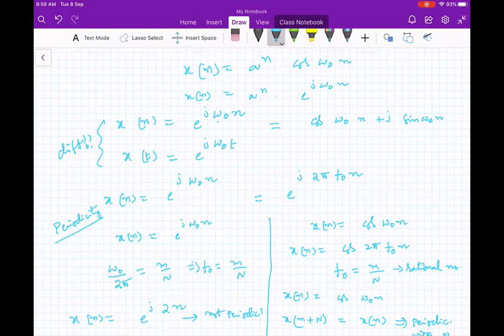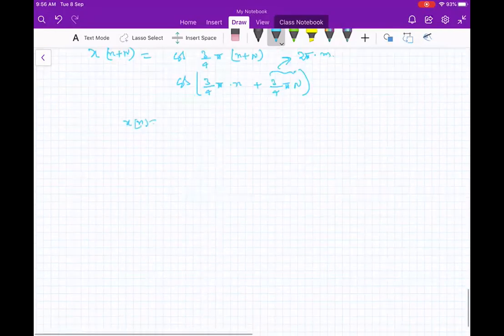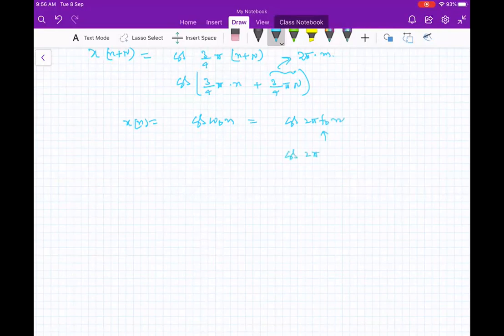That's why in the discussion I gave previously, say x of n equals cos omega naught n, or cos 2 pi f naught n, for different values of f naught, I have to explicitly put k times f naught n. So here we better write f n, omega n. Omega can be anything, and f can be anything. Here I am saying f is equal to k times f naught n, if we consider this signal.